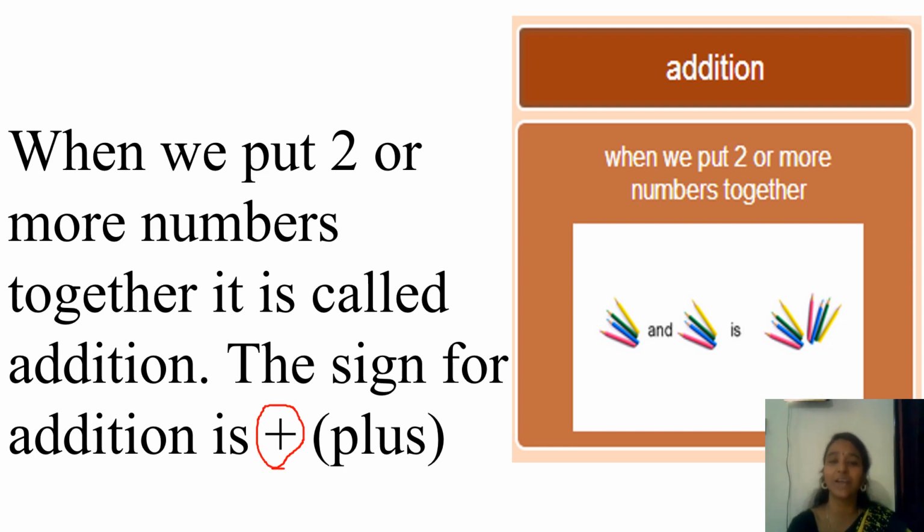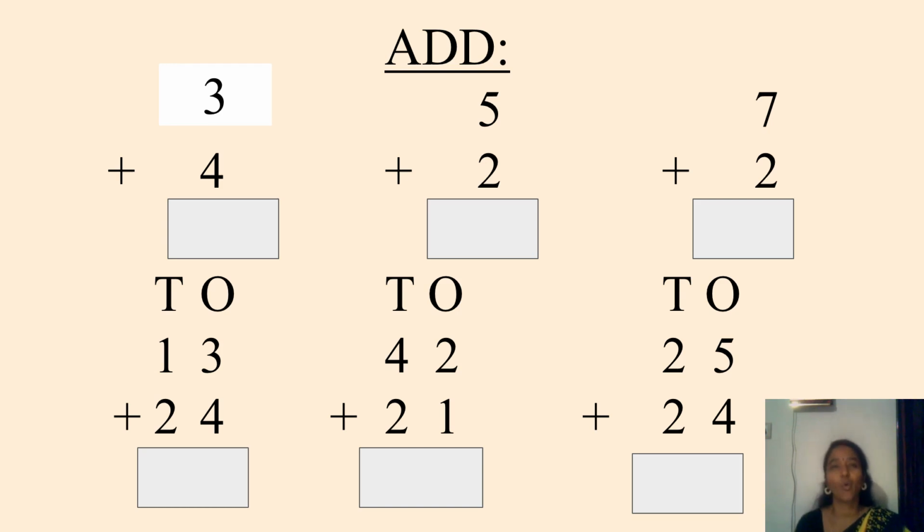Now, in this picture, can you see 4 pencils are there? And another 4 pencils are also there. Now, 4 plus 4, how much? You can very well count and write this. Now count along with me. 1, 2, 3, 4, 5, 6, 7 and 8. So how many pencils are there in the picture? There are 8 pencils.